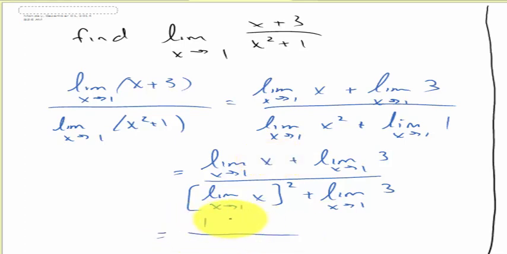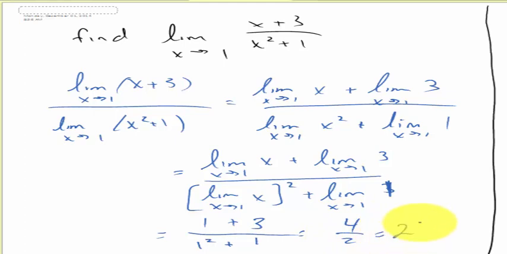Well, it's 1. And the limit of 3 as x approaches 1, well, 3 doesn't care what x is doing. 3 is always 3. Limit as x approaches 1 of x is 1, squared, plus 1 in the denominator,